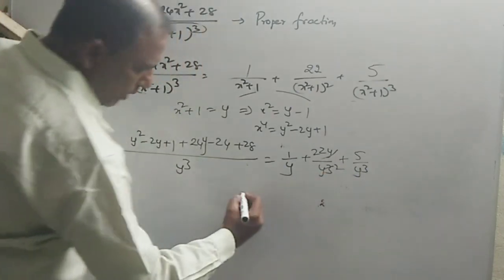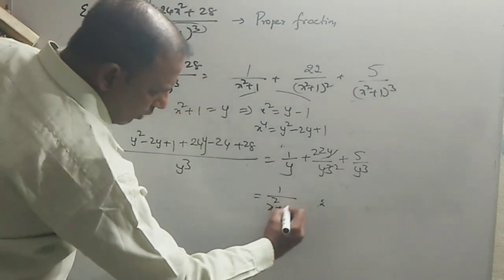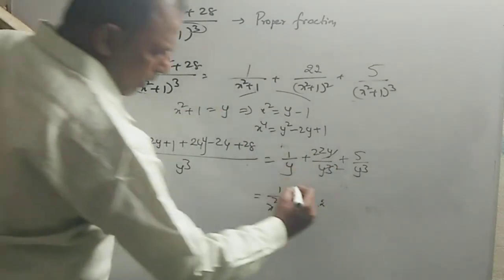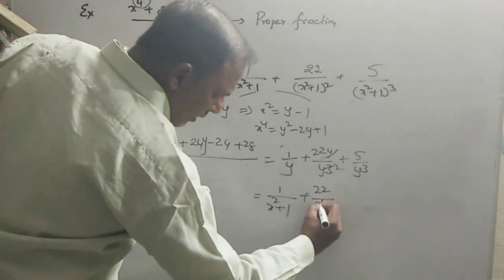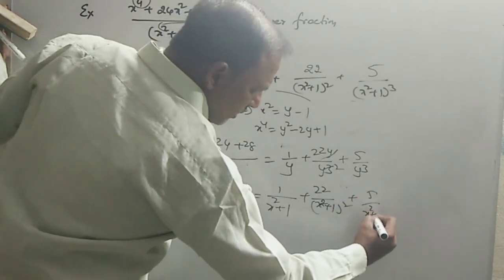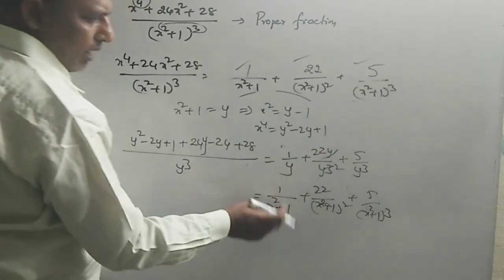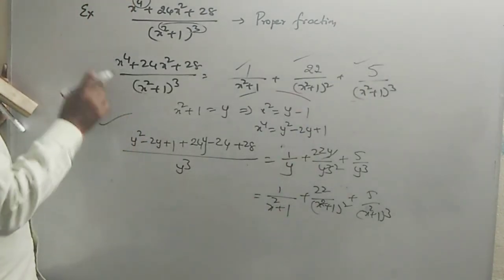The y terms get cancelled too. This becomes 1 by, what is y? x square plus 1. And what is y square? This is x square plus 1 whole square, and then 5 by x square plus 1 whole cube. Look here, same values. This is the best method, I think, when compared with